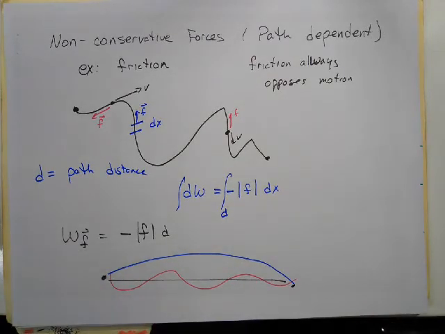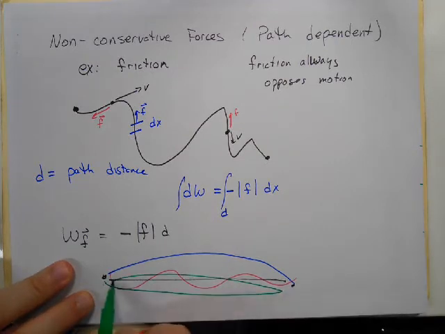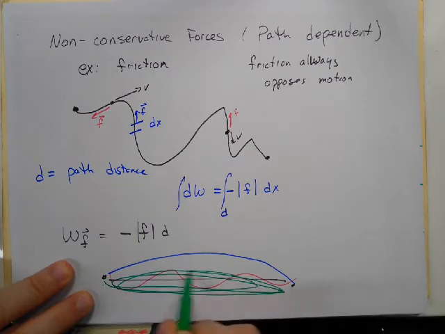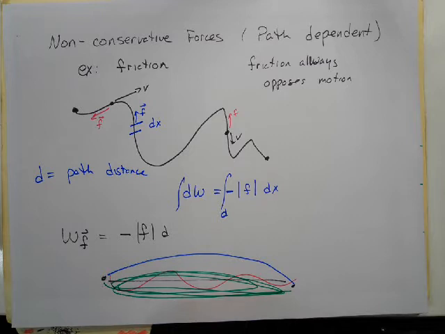Or it could be, an example of warming my hands up, something where I go back and forth, back and forth, back and forth several times. So it's not the displacement that matters here, it's the actual path length. And that's the important bit. That's the bit that causes all of our other problems, but is why we even bother to get into using work and kinetic energy and potential energy.